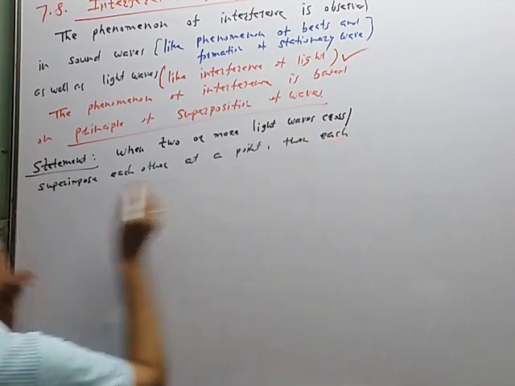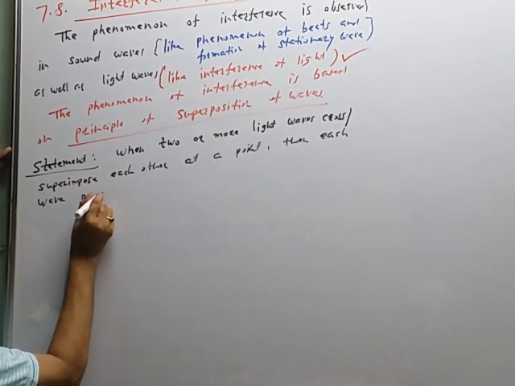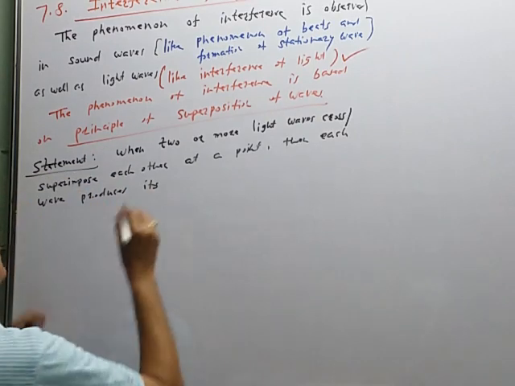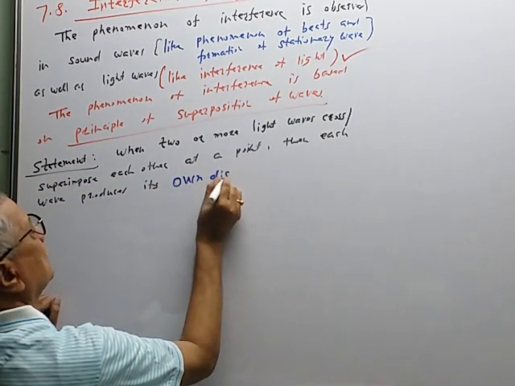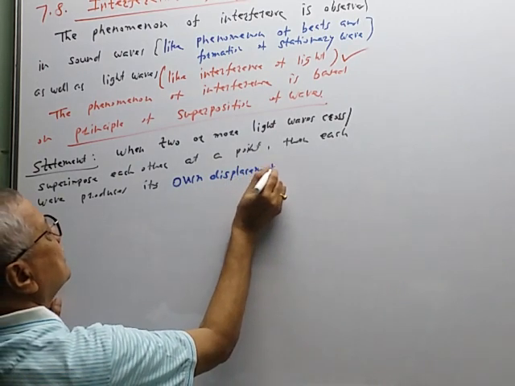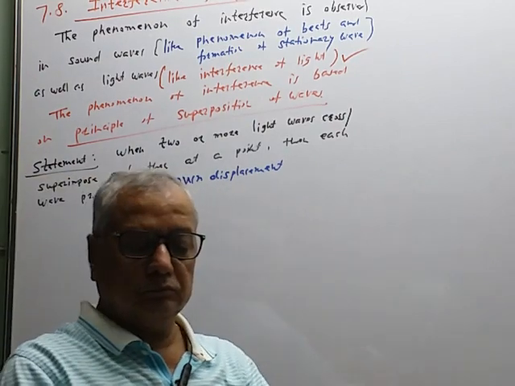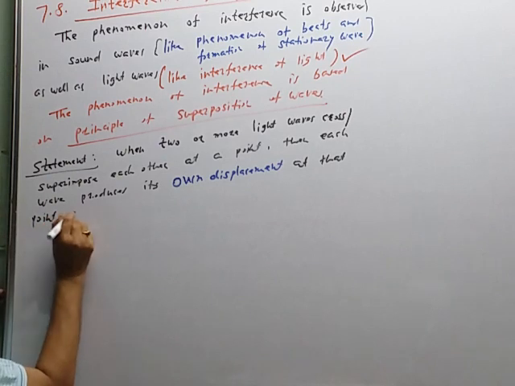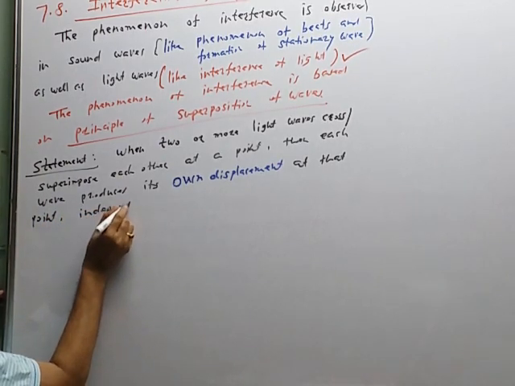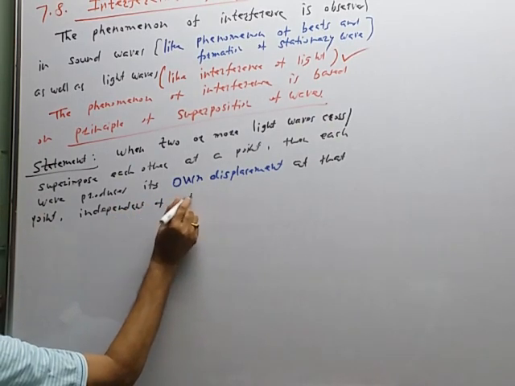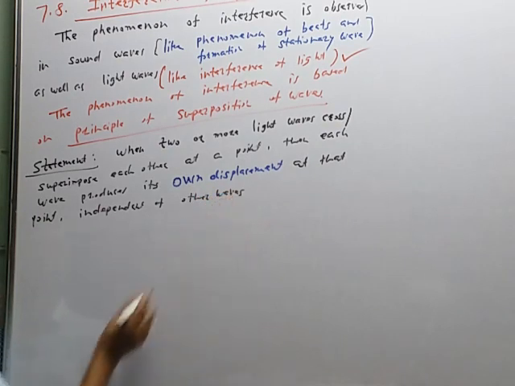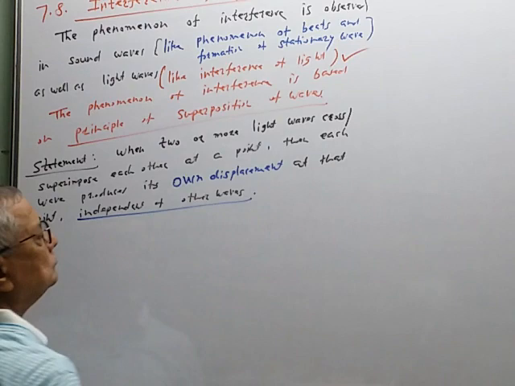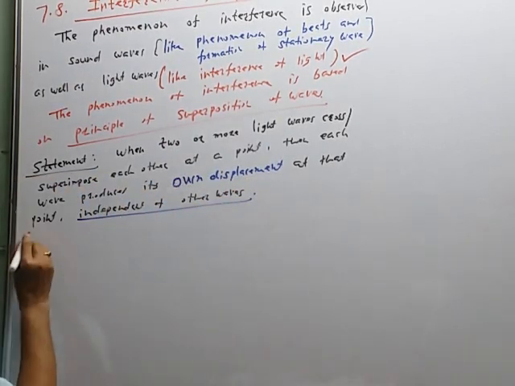each wave produces its own displacement. Each wave produces its own displacement at that point, means at the point of crossing, independent of other waves. The other waves' direction and amplitude have no effect; it is independent of other waves. This is the first part of the principle, and